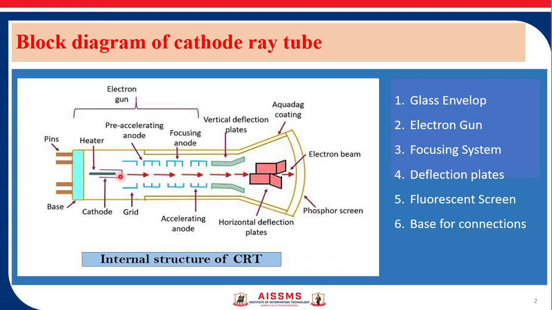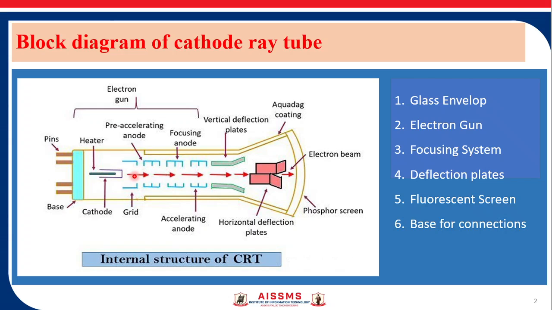Now these emitted electrons further pass through a small hole present in the control grid. This is your control grid. The control grid is basically a nickel cylinder of aperture 0.5. It is low permeability steel material. The intensity of electron beam depends entirely on the electrons emitted from the cathode. The number of electrons emitted from the cathode is controlled by the grid by varying the potential across it.